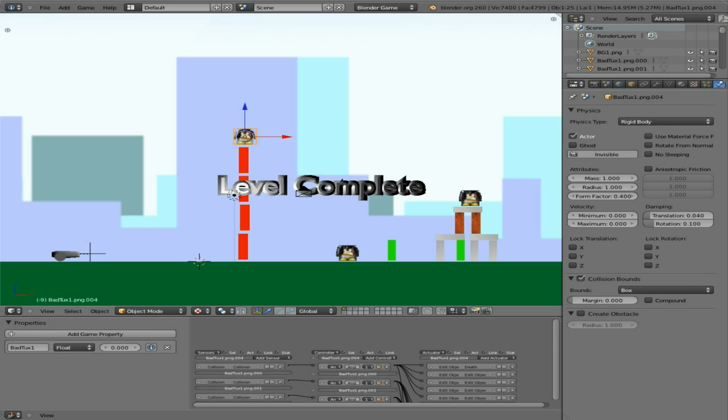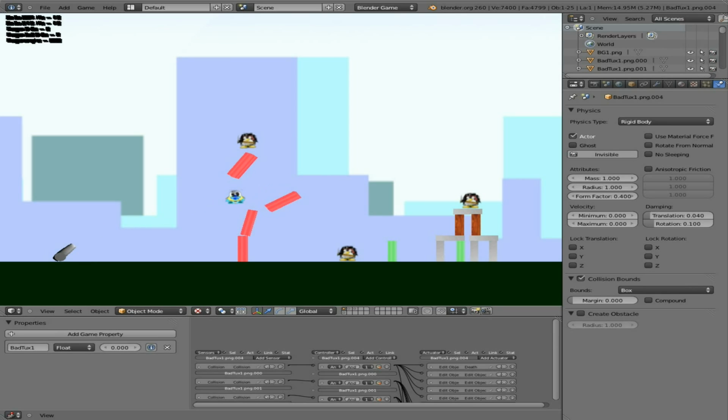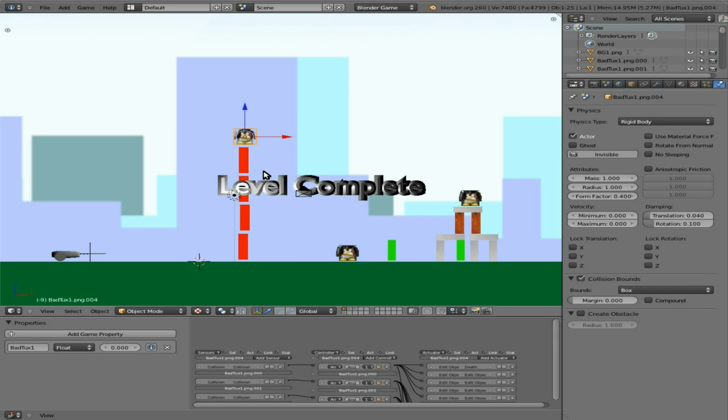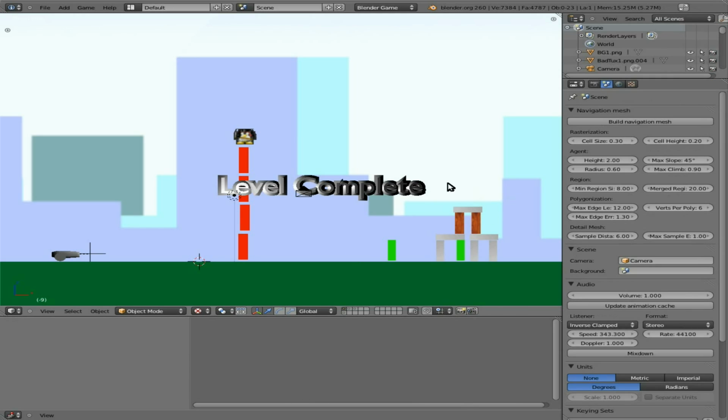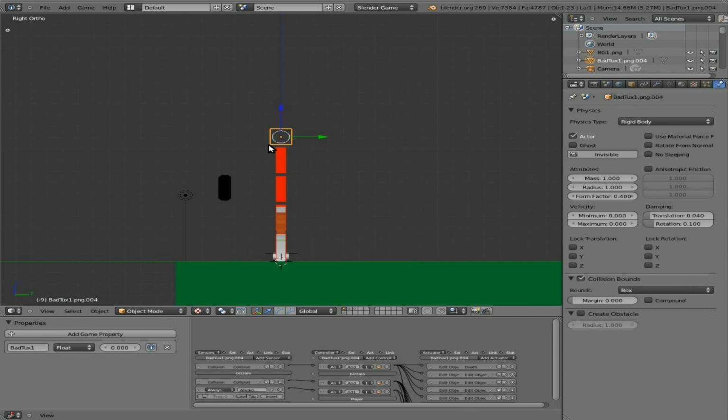Oh, didn't mean to kill him. See, when he falls from high, he's turned sideways, you can't see him anymore. Yeah, we're going to fix that right now. Delete this tux. We'll delete this tux. Side view, and we will just, in edit mode,